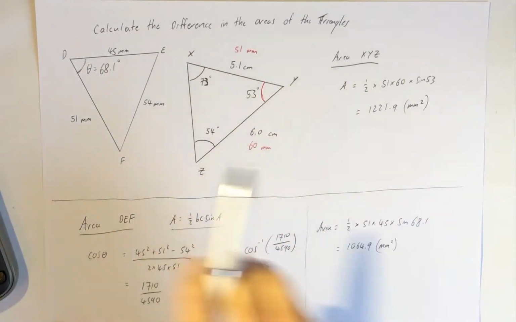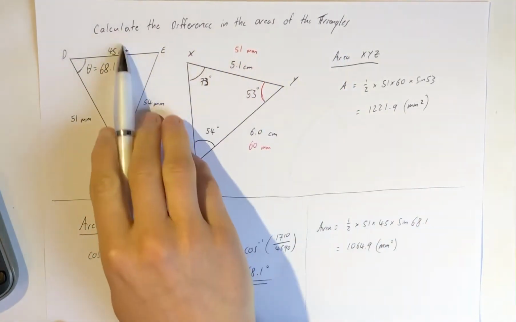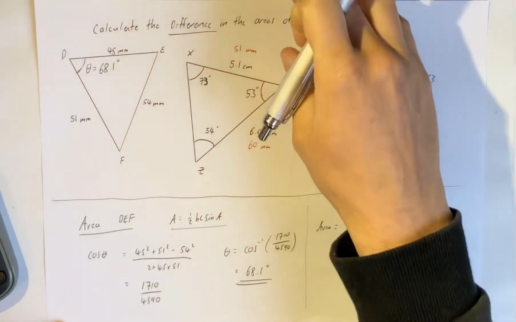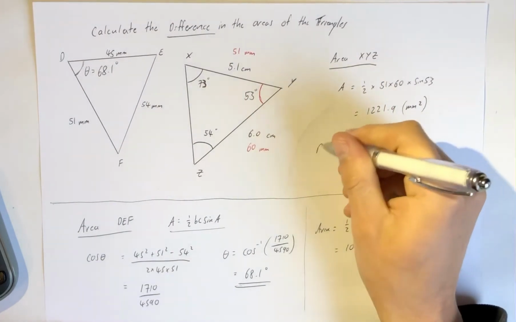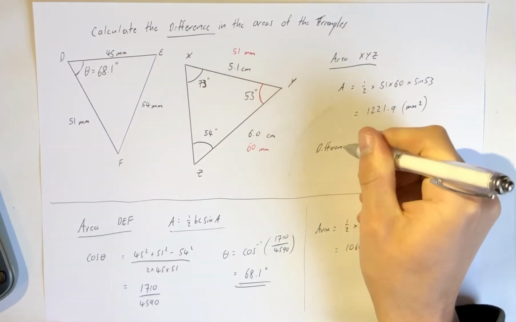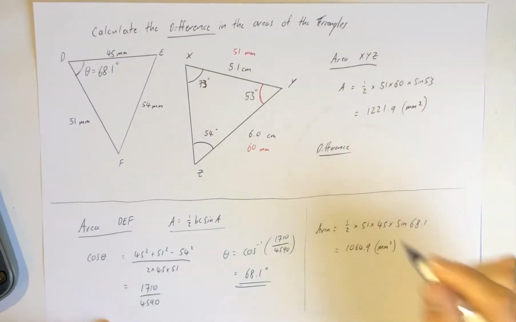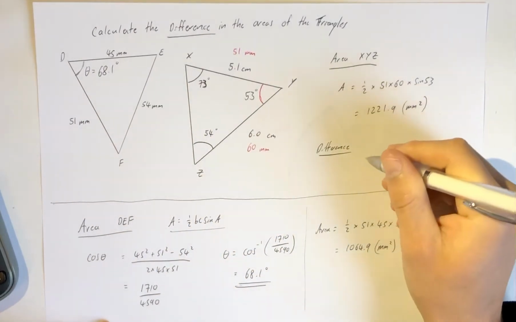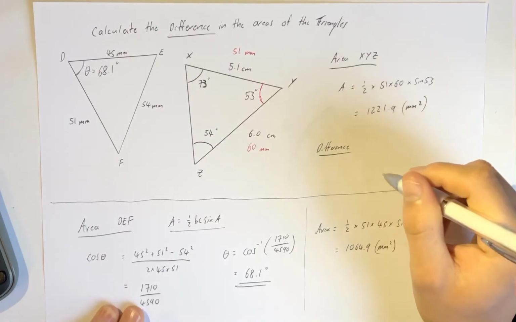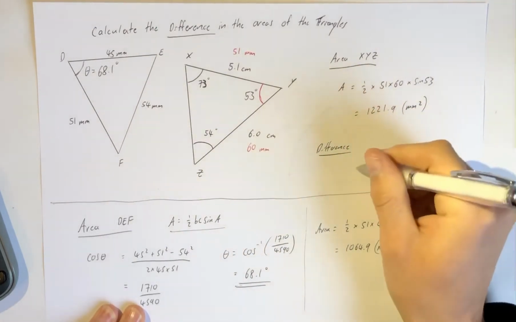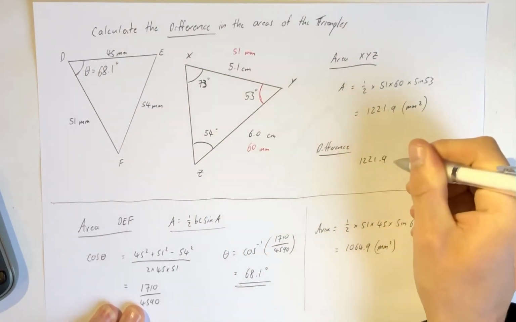But what you need to do is go back and read that question, and calculate the difference. So what's the difference in those two areas? Well, the difference is just the one minus the other, and you usually just do the largest one. It doesn't matter if you get a negative though, because you just take that as a positive number, and that's your difference. So 1221.9 minus